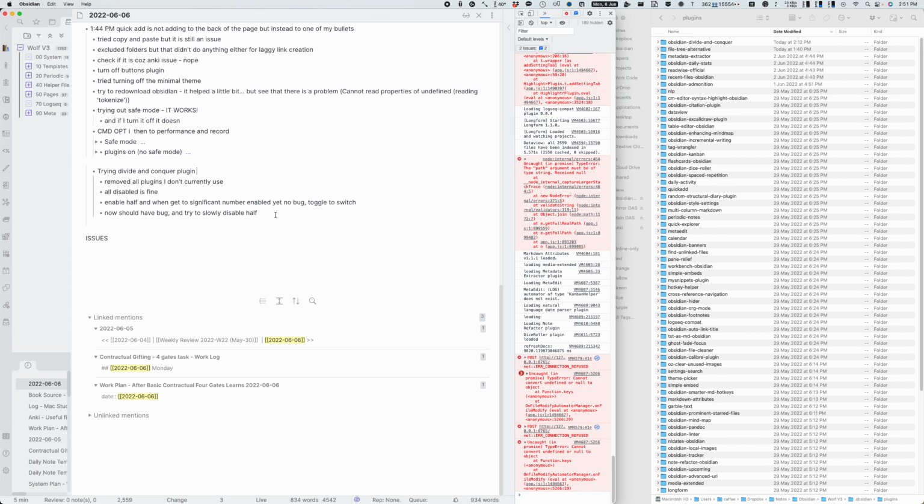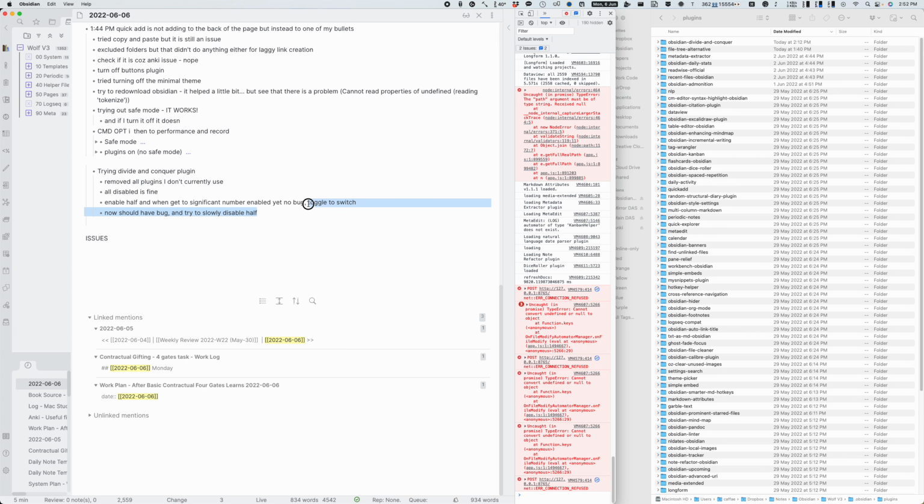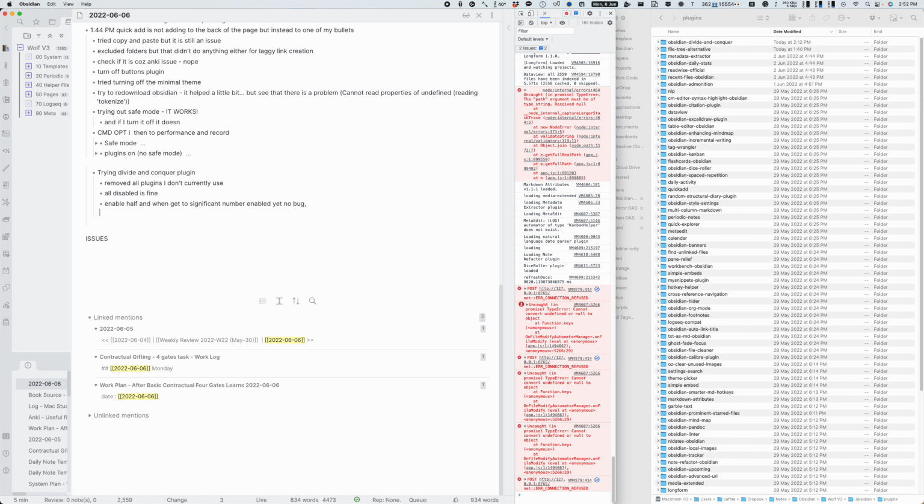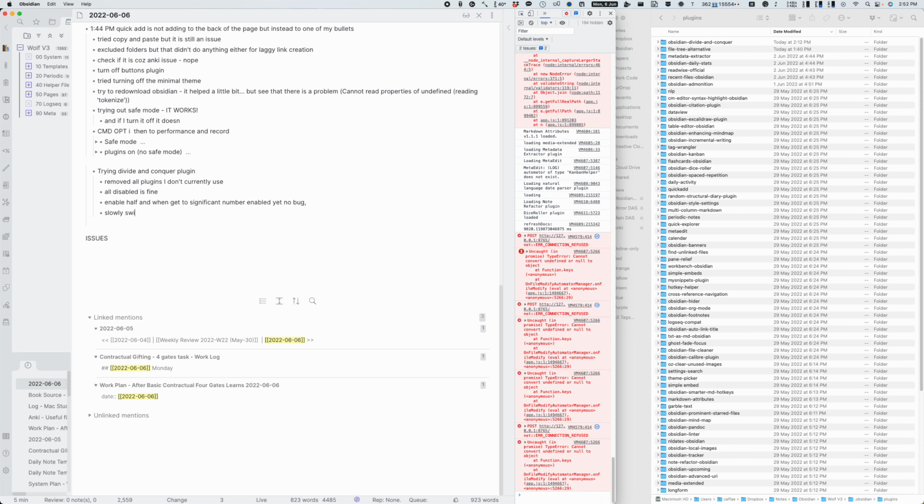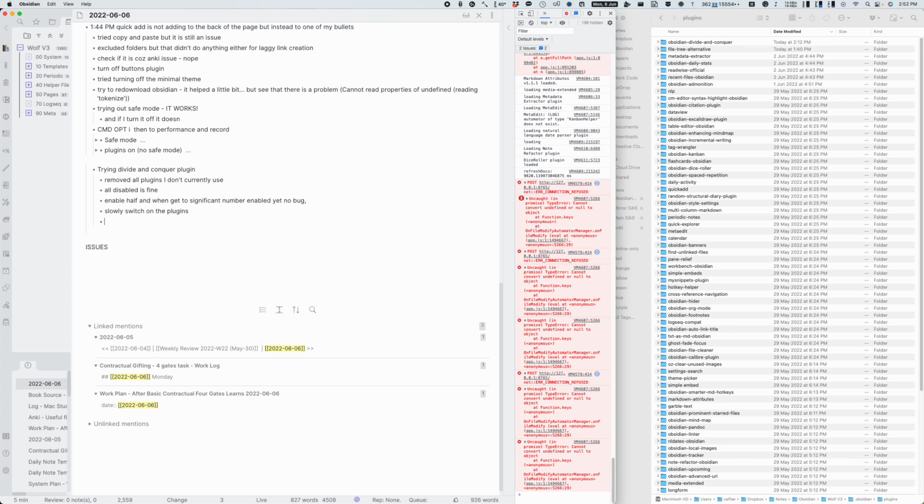Okay, so enable half and slowly switch on the plugins. So issues,